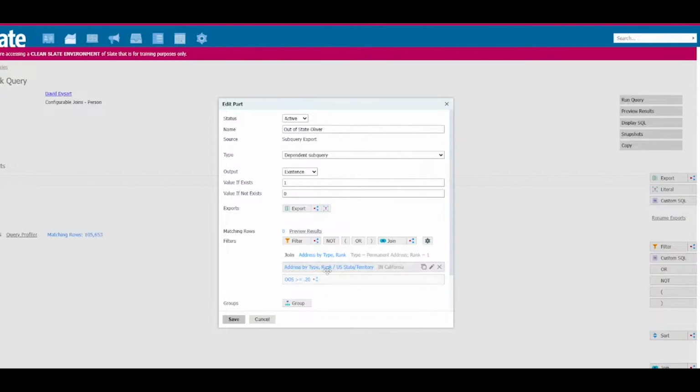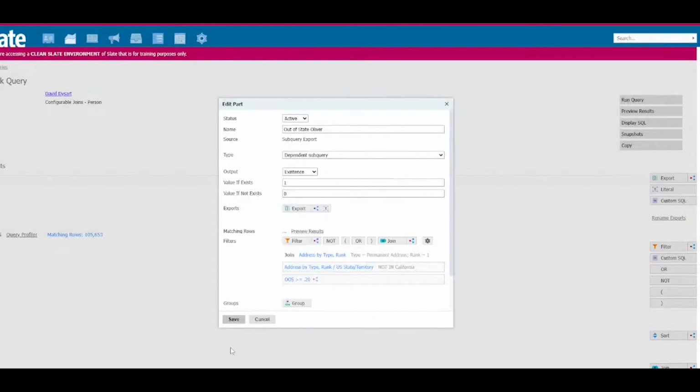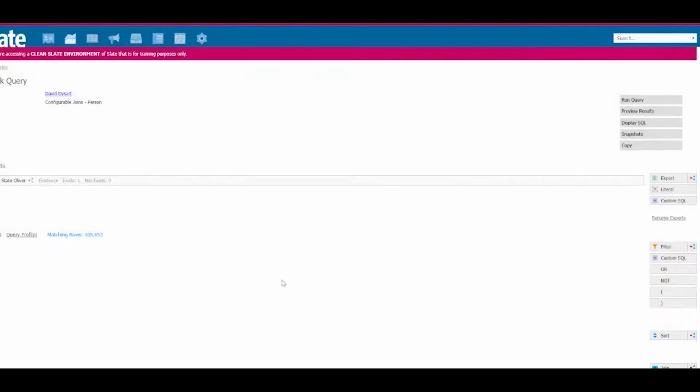I mean, outside of California. That would probably help. Not in California. And we'll just save that. So anyone with a 1 value in this column of data, we know, is falling into our Out-of-State Oliver persona. And next,